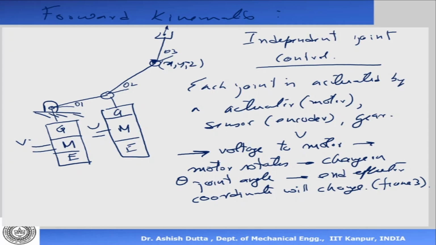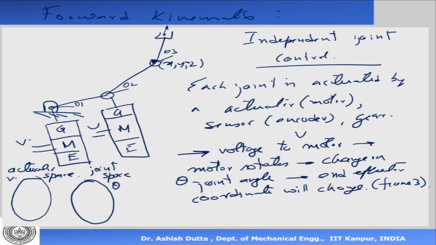Okay, now please note that the spaces are different. What do I mean? So this is what we call the actuator space. This is my actuator space, where we are giving a voltage and the voltage is driving the motor. Then we are having the joint space,